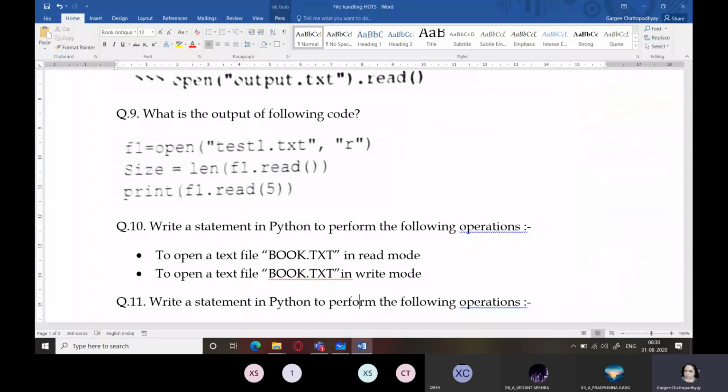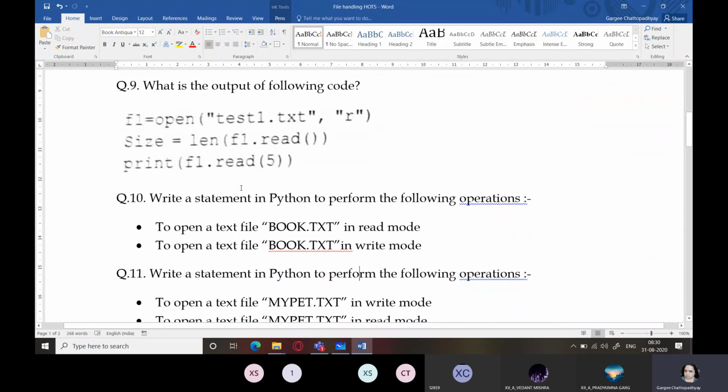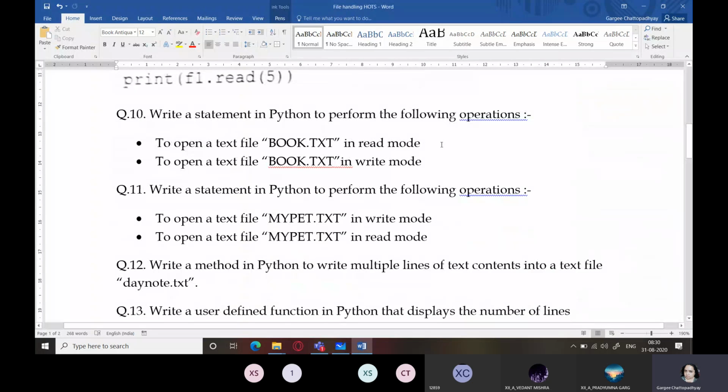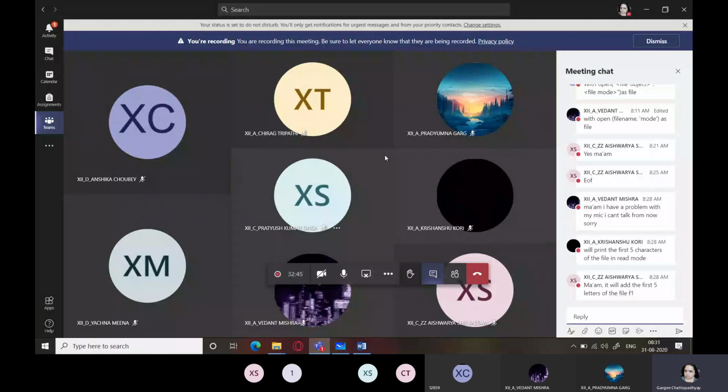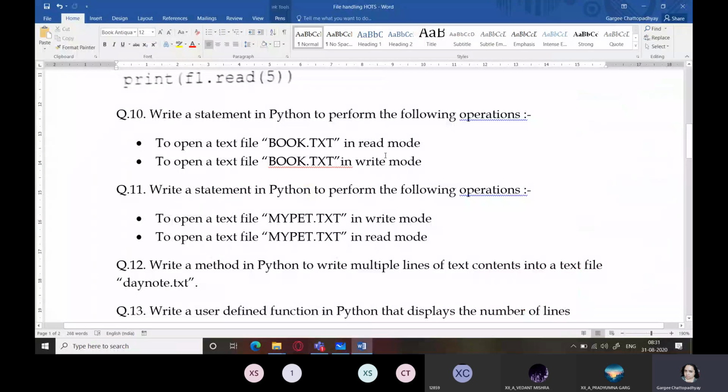Okay, now the next two questions. Question number 10. Write a statement in Python to perform the following operations. This everybody can do. So please send me your answers through chat, all of you, for these two questions, question number 10 and 11.